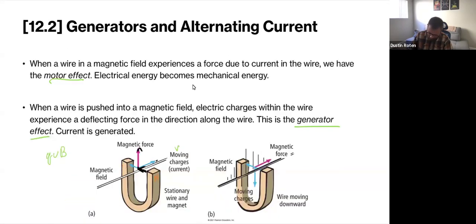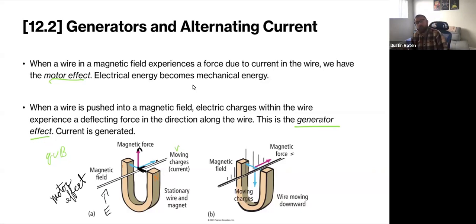Okay, so motor effect. This is when we put in electrical energy and we get out mechanical energy. So the magnetic force is trying to push the wire up. Now, if we look at it from the other side,